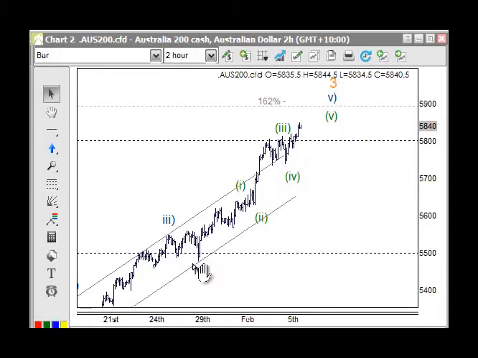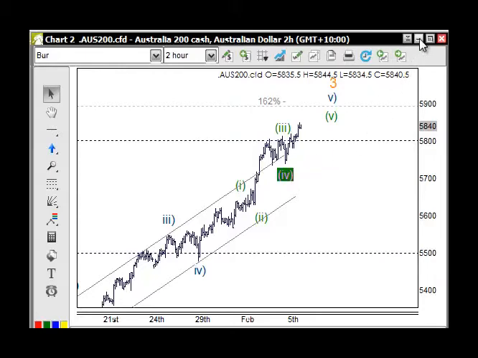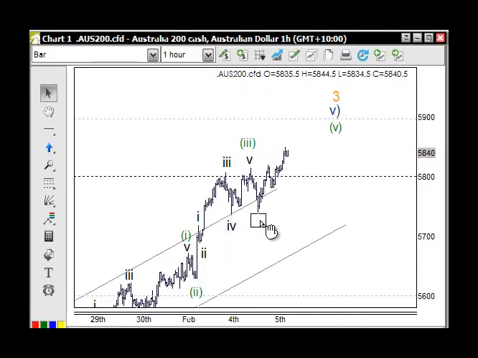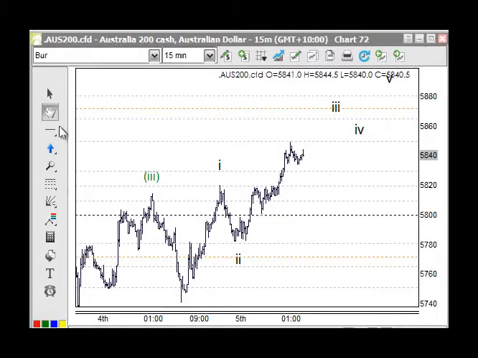And then we're looking for 5 waves here, 1, 2, 3, 4, and we're looking for smaller 5 waves up through to here into the 5, 9. So just keeping an eye on this wave 4 here. That wave 4 is here, and we're looking for 5 waves up through to here. So we're looking at basically the 1, the 2, 3, 4, and 5, something like that. To that point, it comes in around the 5, 9 area through here. So we can drill into that again with that wave 4 there